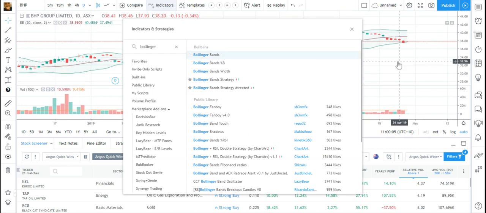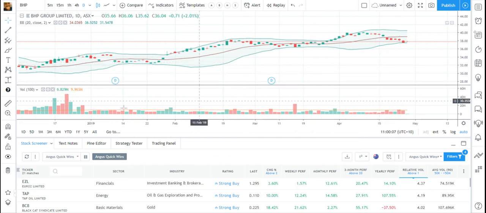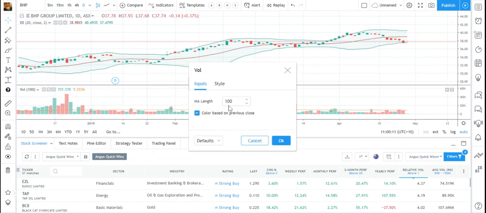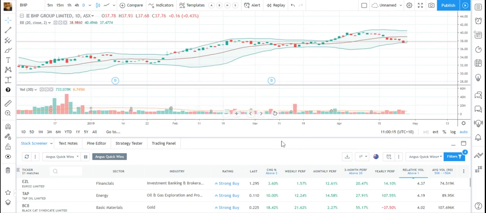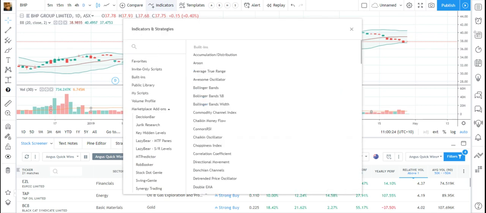The other thing that's important to me is I want to see stocks that are breaking out, where they've gone over their 30-day average volume. So on my volume chart here, I'm going to change this to 30 days. I'll go OK. But to get a better view of that, I like to have what's called an OBV, which is the on balance volume. So I'll click indicators and I'll go OBV,